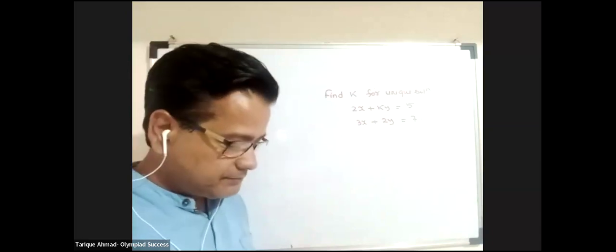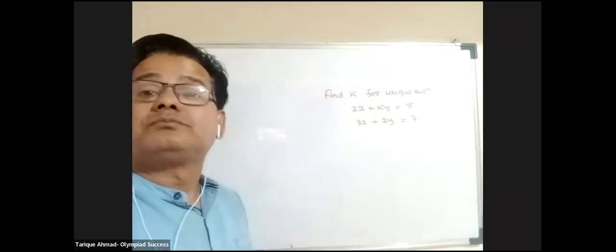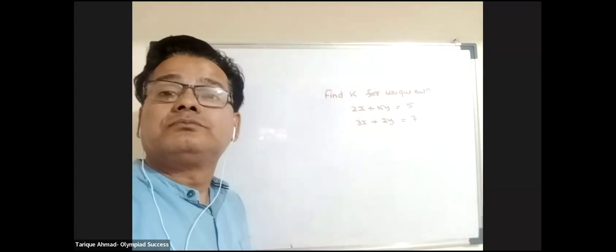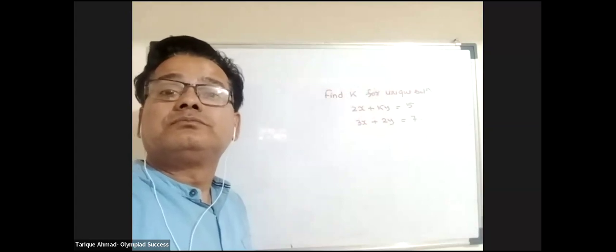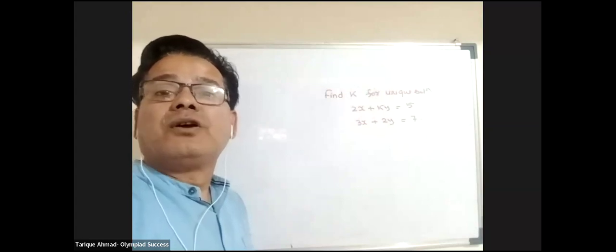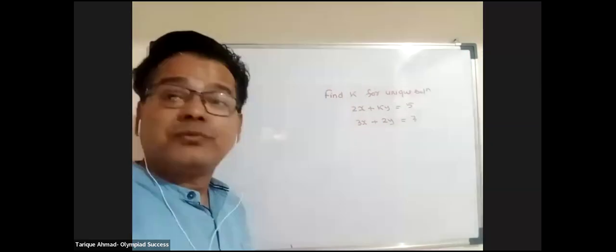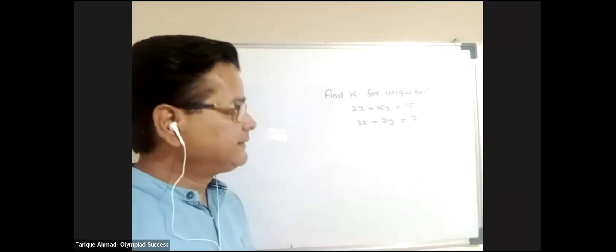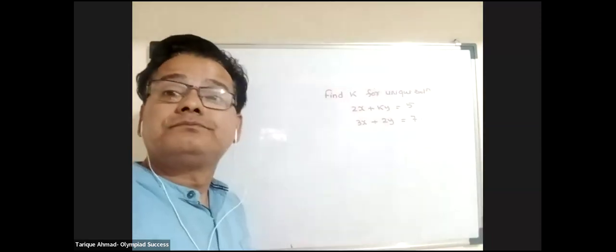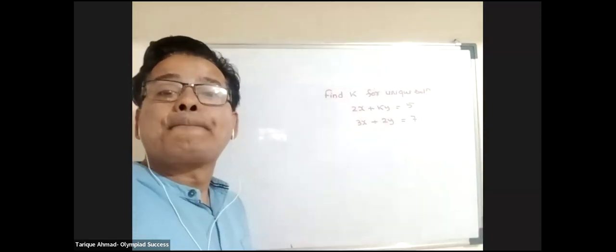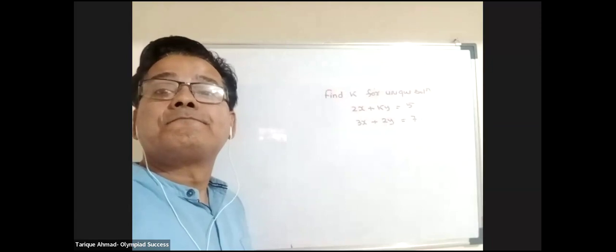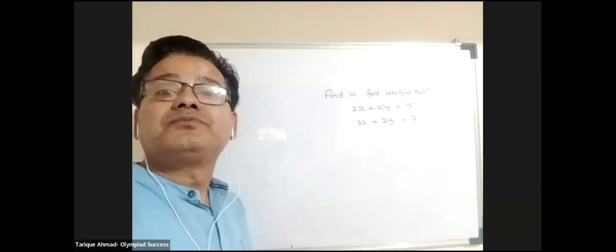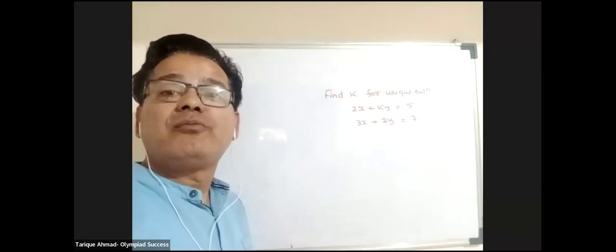Can anyone tell me the answer? Follow the condition. You have to use the condition only. Okay, Ragvarshni is saying 4 by 3. Abhilipsa is saying 4 by 3. Others are saying 4 by 3.